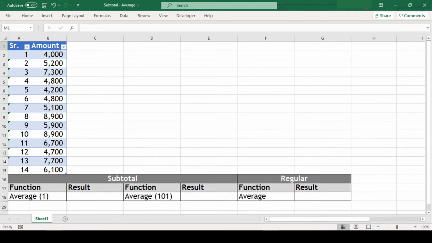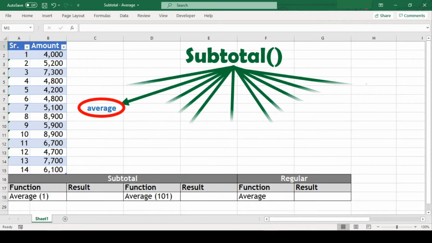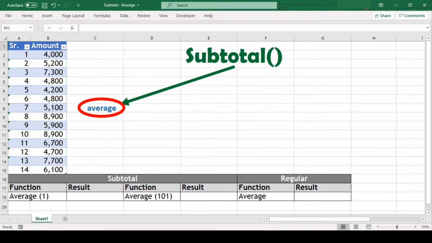In this video, we'll learn about the subtotal function in Excel. You might think it to be somewhat like the sum of selected values, but the subtotal function is capable of much more. Apart from its ability to return a sum, it also gives us average, count, max, and several other results. But today, we'll specifically focus on average and understand this function with a few examples in this video. So stay tuned.